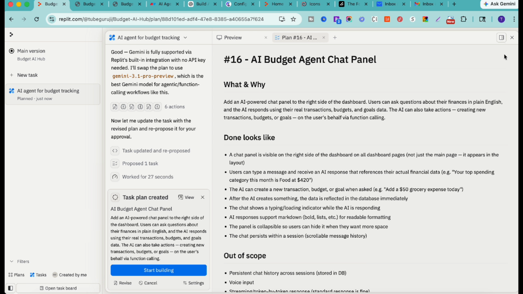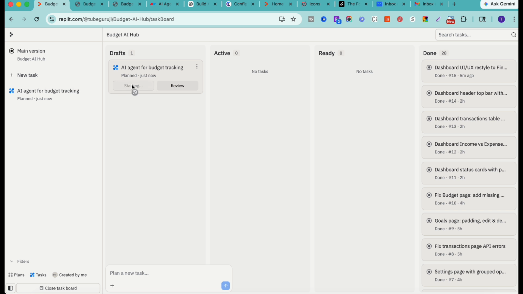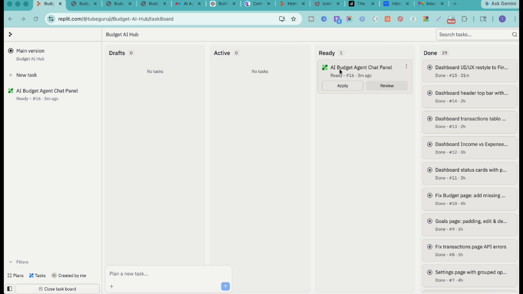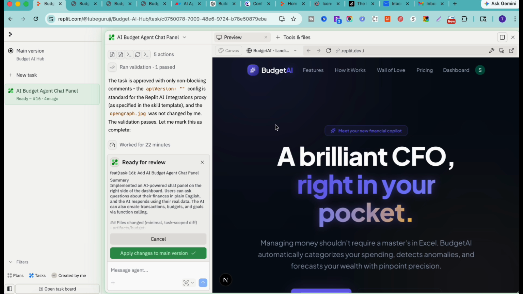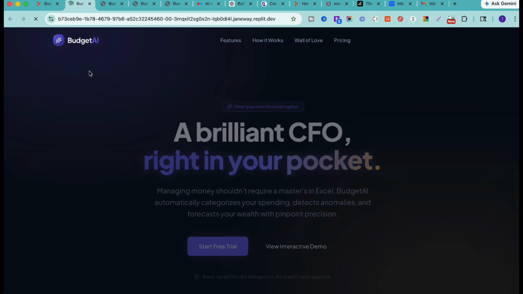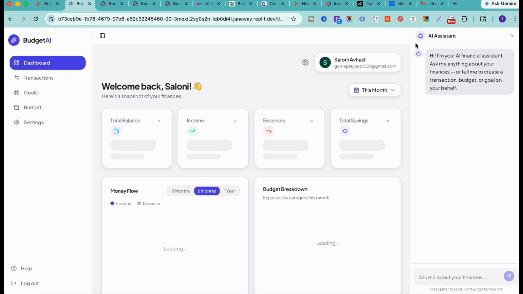You have the option to start building, or you can even click on the start button. And now if you see, it is inside the active task. Okay, now we'll wait for the implementation, and here our agent is now ready. So you can review this. Let's go to the review, and inside this review section I will open this in a new tab. Let's go to the dashboard, and then